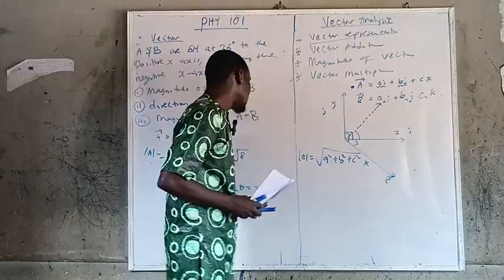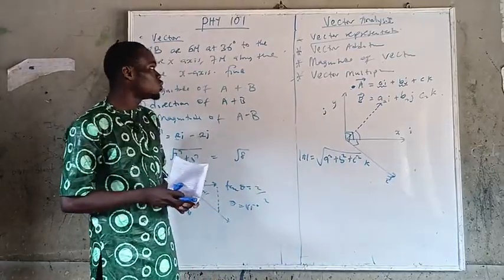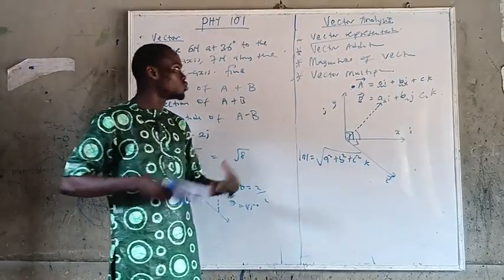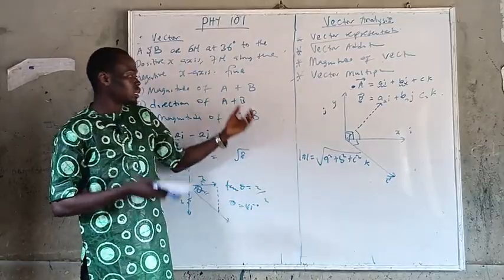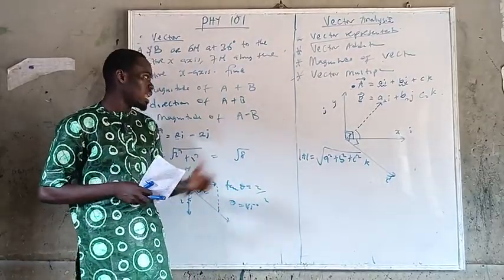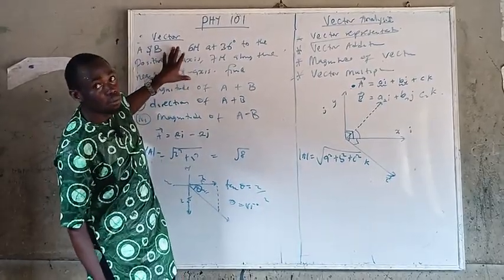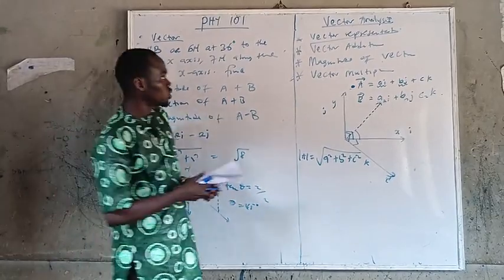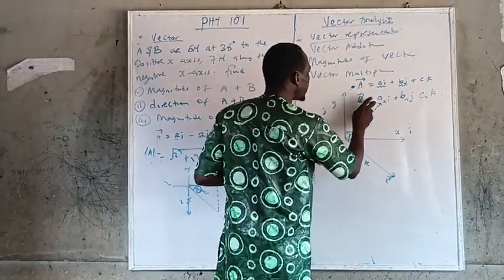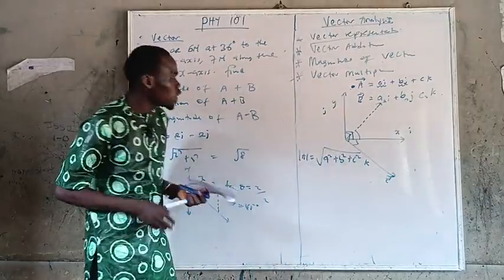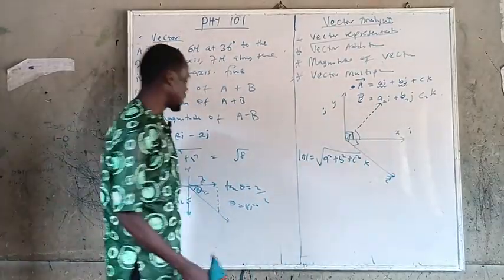Now, after you determine that angle and the magnitude, what else? The next thing is you know how to multiply and how to add vectors. Let me explain all this before we solve this question, so that when you have more samples of this question, you will understand how to do it. So the next thing I should explain here is addition. If you want to do vector addition, before we do vector addition,